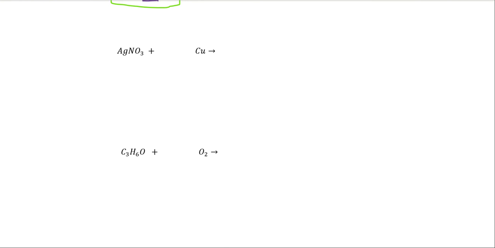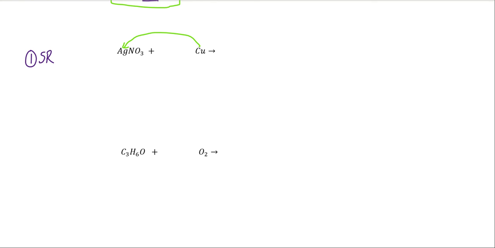Here we have silver nitrate and copper. Step one, I need to identify what type of reaction this is. I know this is a single replacement reaction because it's a compound reacting with an element, and that always tells me it's a single replacement. The pattern for the single replacement is that the element is going to replace the same type of compound. Now, copper is a metal, so that means it's going to replace the silver, because silver is the metal in that. So now that I know what type of reaction it is and the pattern,